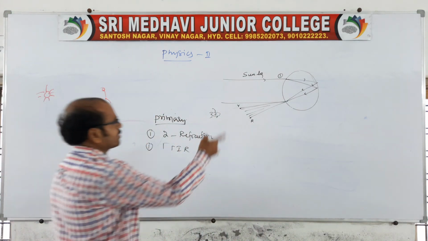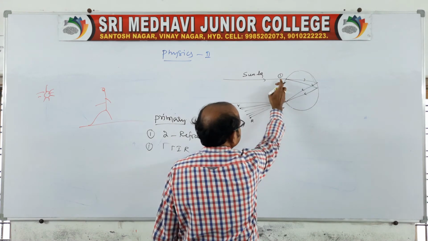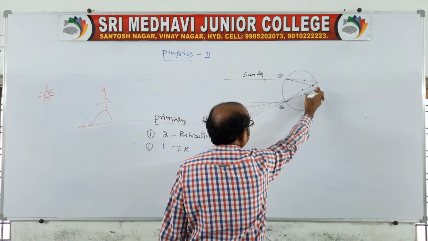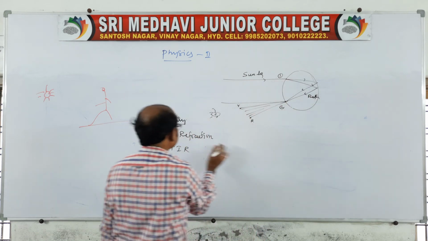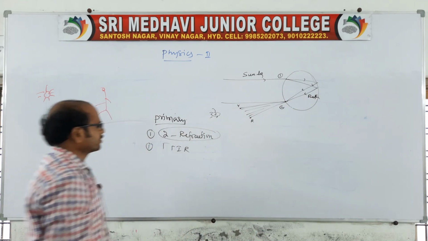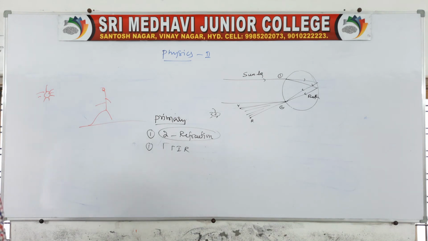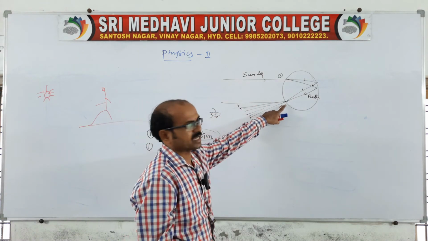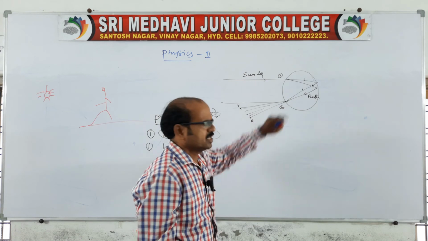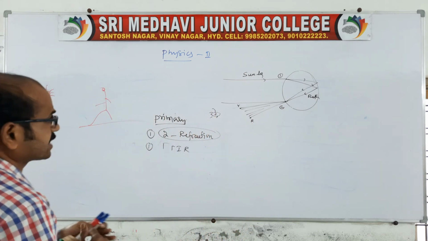Here in this case it takes 2 refractions. It is 1 refraction, then 1 reflection, only a reflection, and here another refraction. That's what happens in the case of a primary: we get 2 refractions and 1 reflection, which forms the rainbow like this. And here you remember, it purely depends on the critical angle only. That is the primary. Let us move to the next one, the secondary rainbow.